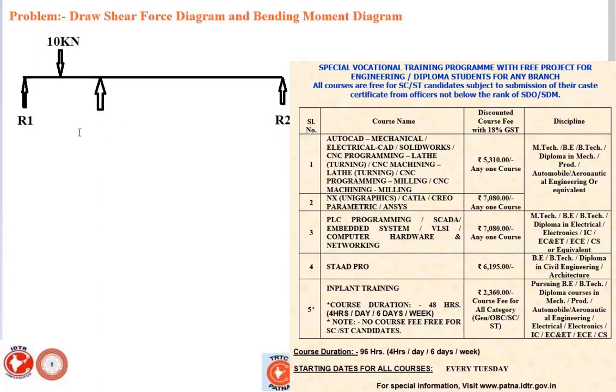So this is your 20 kilonewton. Then again you have to apply the load. So this is your 20 kilonewton. Then again you have to apply the load. So this is your 30 kilonewton. And the distance